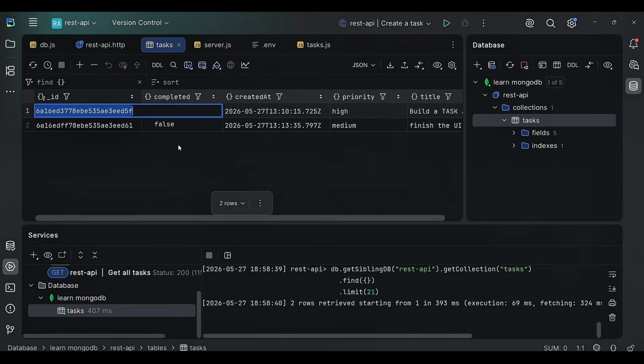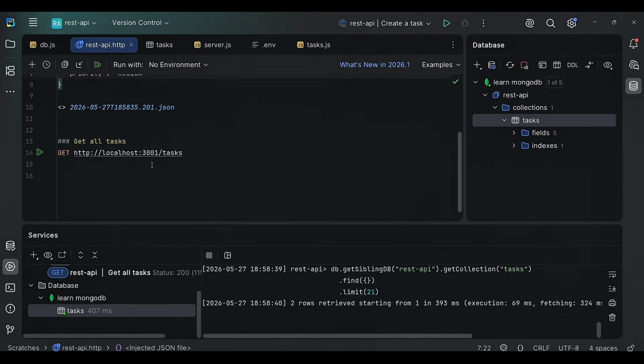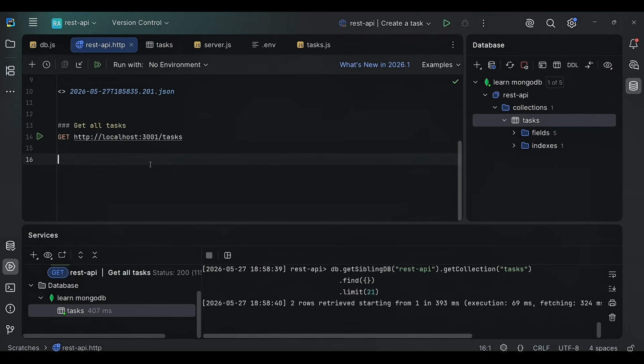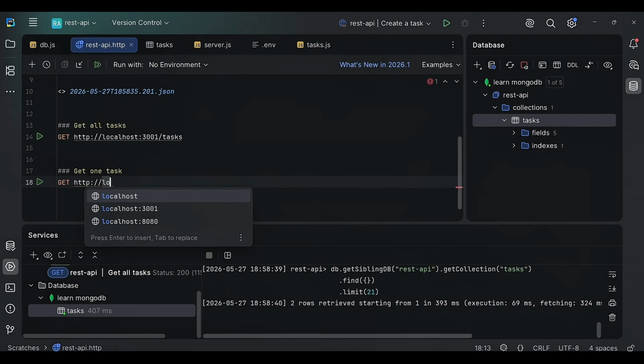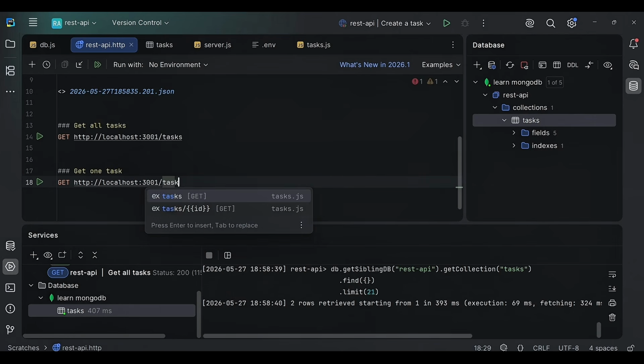So simply, I'm going to copy its object ID right here, and I'm going to do a GET request. So for that, I'm going to do a quote, and I'm going to get one task. And in get one task, I'll send a GET request to http localhost 3001/tasks/ and